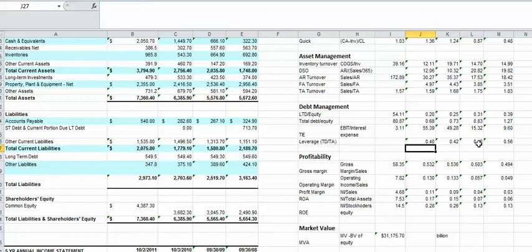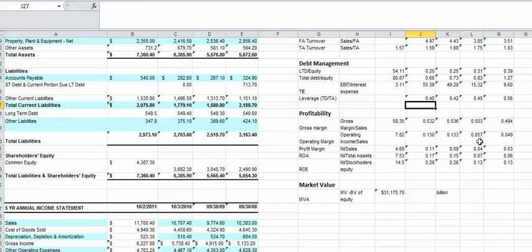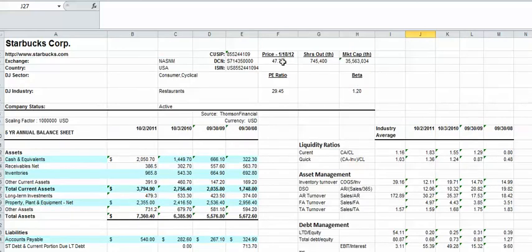So that's what we use the ratios for, is to try and get a deeper understanding of how the company is doing. Now, if you remember in the last video, I talked about market value added. And that is the market value of the stock minus the book value of the equity. And so up here at the top, on this particular day, the stock price was $47.71, and there were